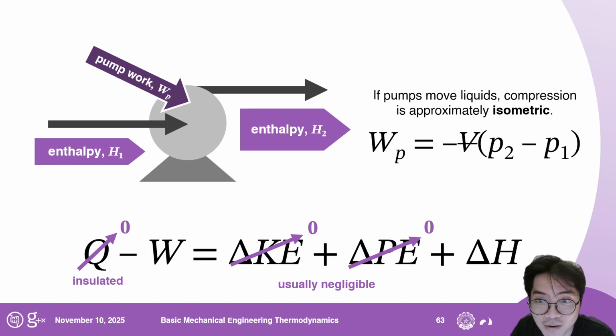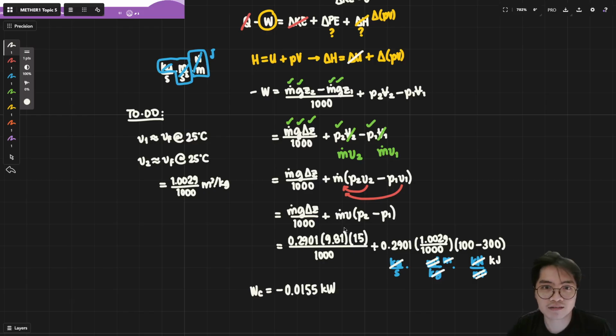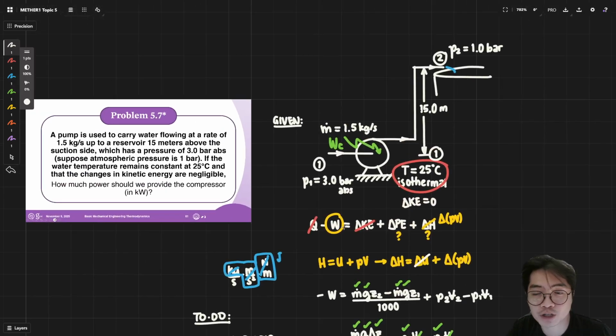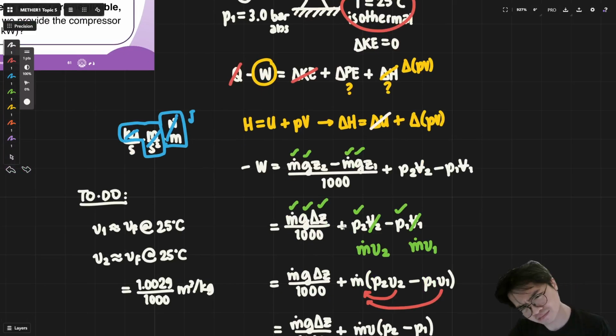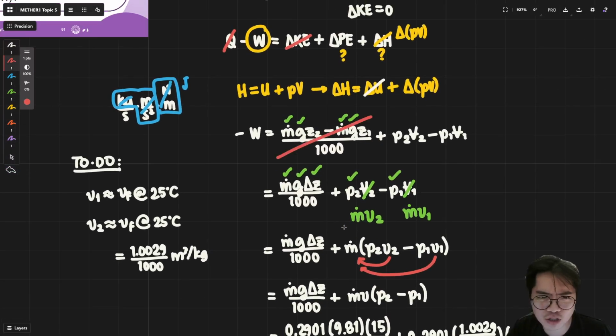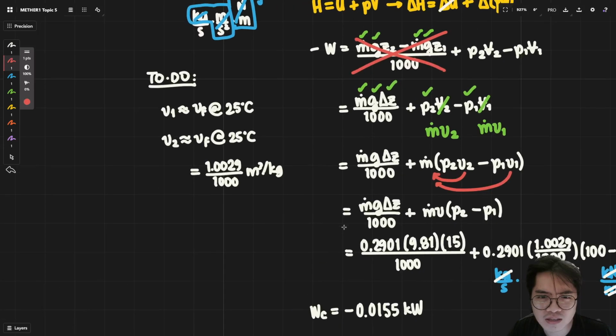And that is immediately our answer, right? So, there it is. And the thing about this now is that that's only for a change in pressure. It is kind of correct. If there is no change in elevation, this negative W would be equal to m dot times v times P2 minus P1. So, okay, apparently, the thing is though,